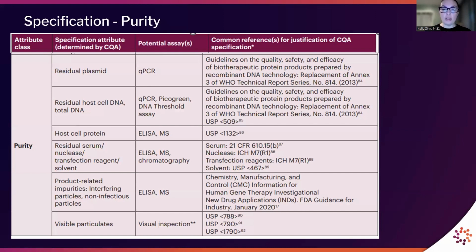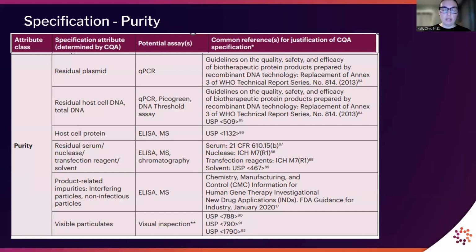Non-functional vector that's composed of broken, immature viral particles, particles with insufficient envelope protein, or viral particles that have failed to package, those could all be considered impurities. Residuals from the culture media, like bovine serum albumin, and residuals from downstream processing, such as nucleases, need to be assessed. And lastly,